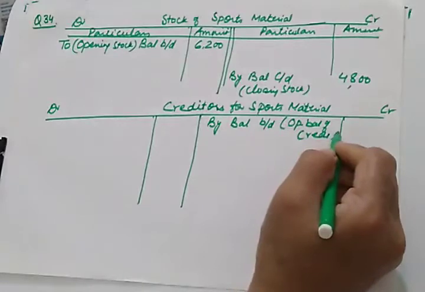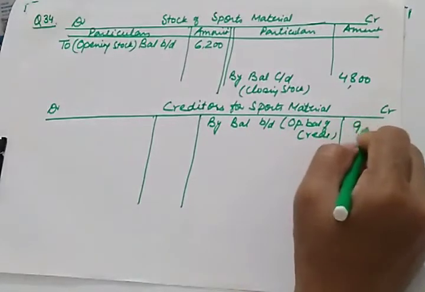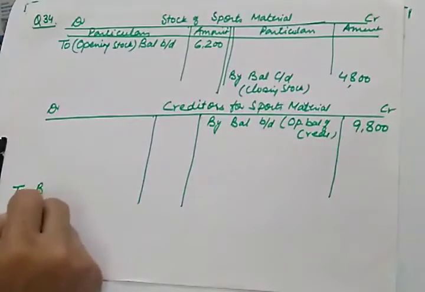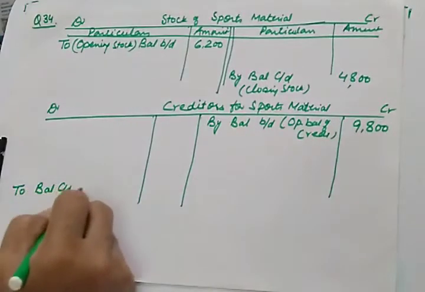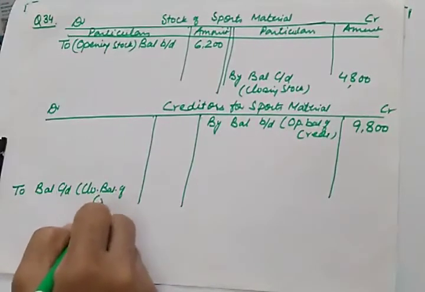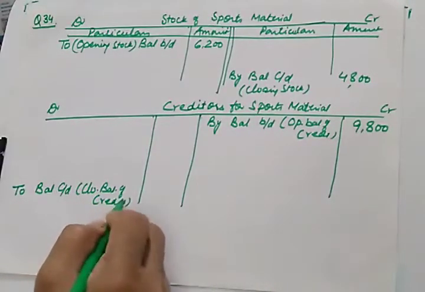So this is given to us as 9,800, and if opening is here, then closing will be here. To balance carried down, closing balance of creditors, which is